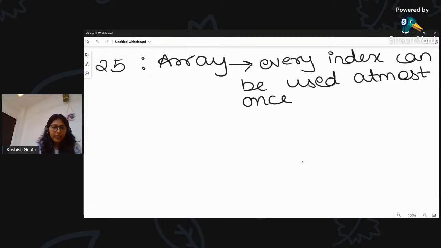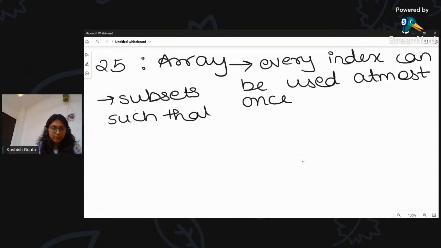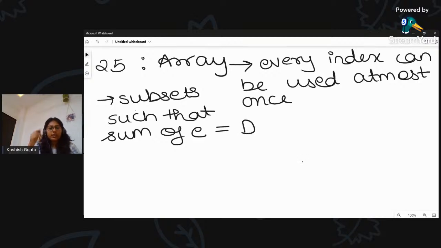ठीक है. एंड वी हैव टू मेक सबसेट्स फ्रॉम दिस एरे by taking index at most once such that sum of elements of this particular subset is equal to D, which is a given parameter in the question. And also हमें एक और array दिया हुआ है G और कंडीशन क्या है जब हम सबसेट बना रहे होंगे